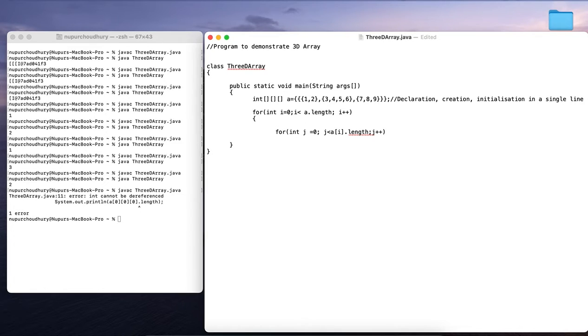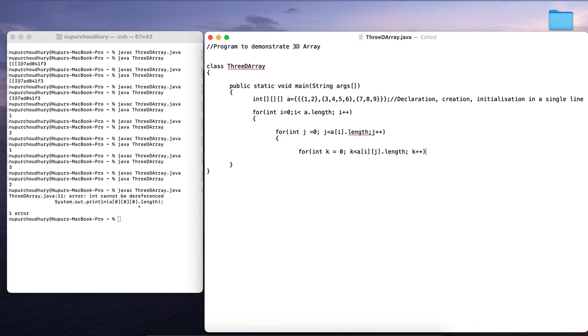So a of i dot length will now be compared with the j value. If it is true, then it will enter the next loop, which is for int k is equal to 0, then k less than a of i j dot length, and then k plus plus.